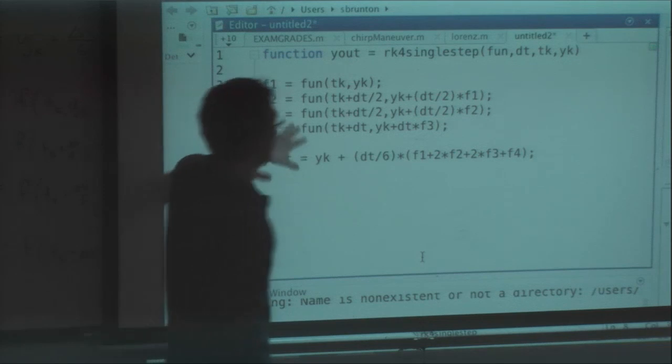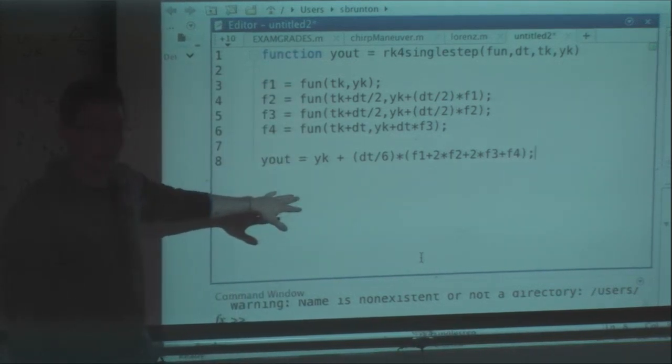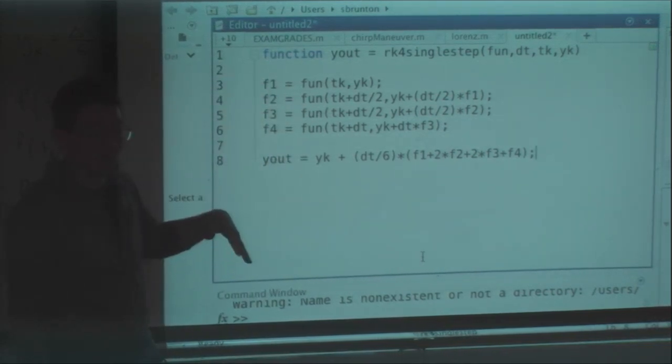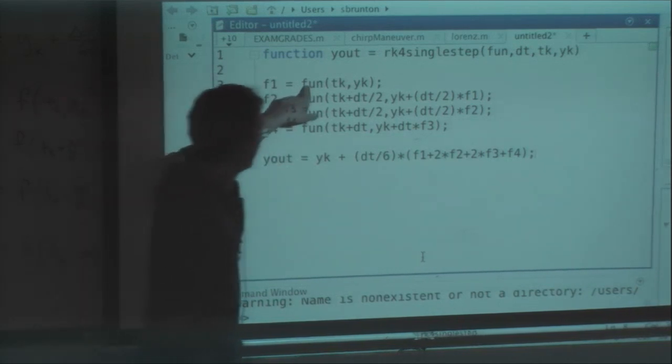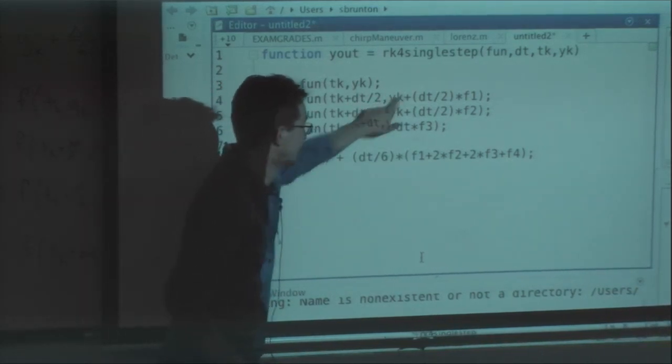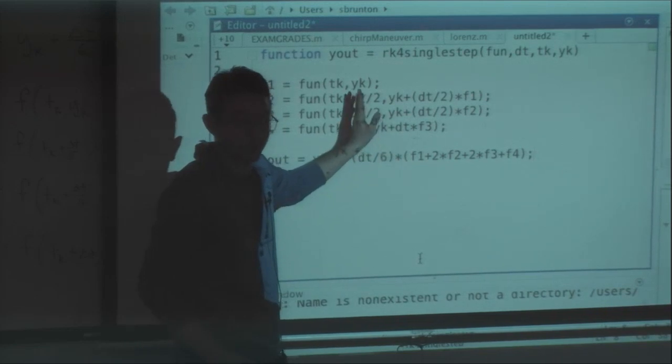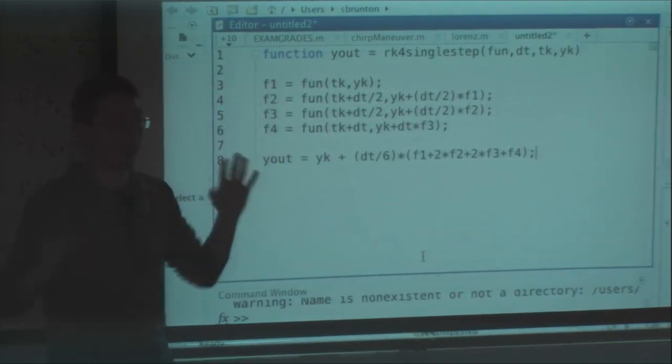So all we just did is code up that 4th order Runge-Kutta integrator that we had written on the board. And that means we have to evaluate our vector field at these different points in time and space. Our vector field is this function, our right-hand side vector field.